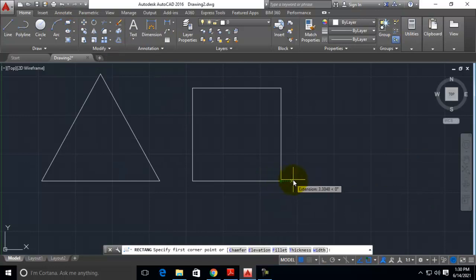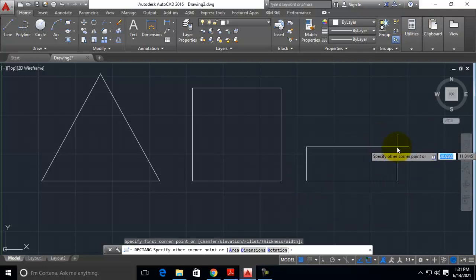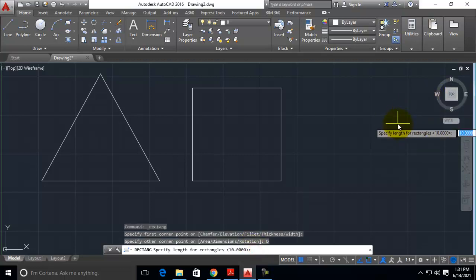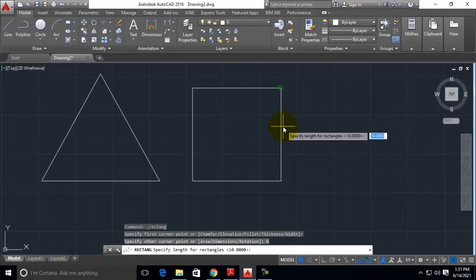Similarly track the previously drawn point, click over here. Now we have two methods. We can draw the rectangle by using length. Use the dimensions option available in the rectangle command, click on it. It will ask for length and width. Length means horizontal measurement, that is 50, type 50 and press enter.